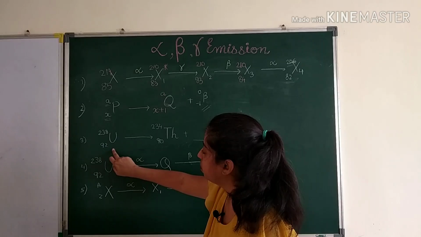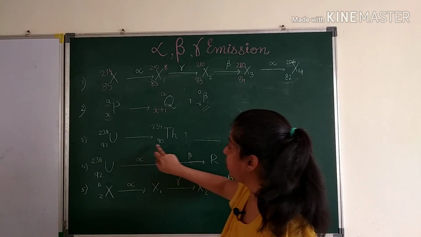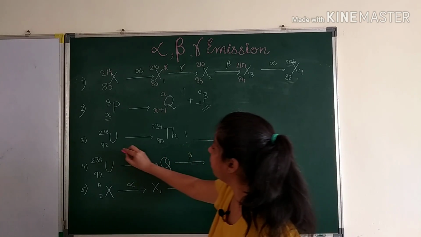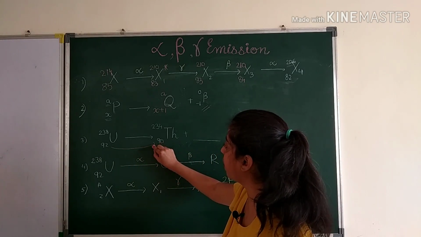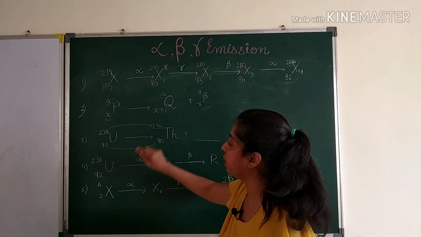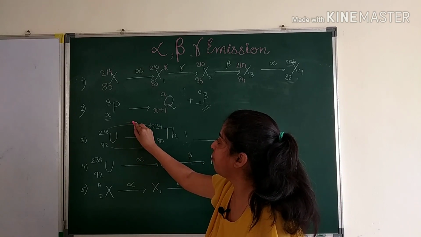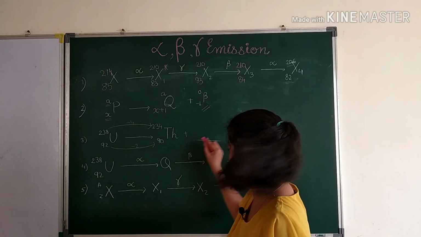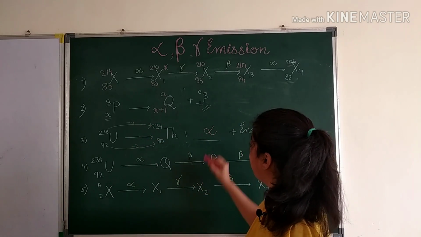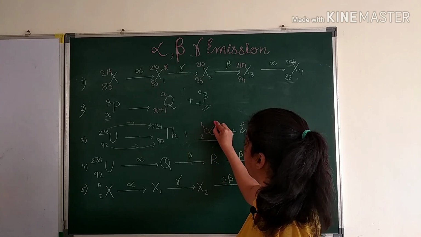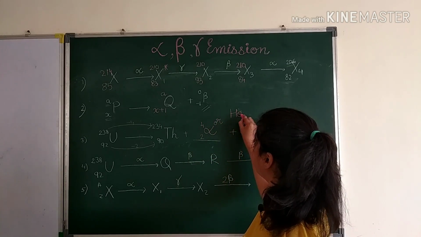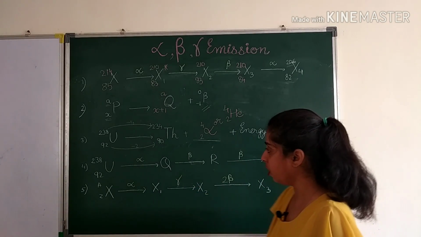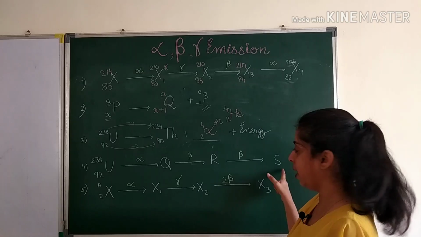Now uranium 238, atomic number 92, is converting into thorium, and here the dash is given. We can make out that 92 is going to 90 and 238 is going to 234. So there is a loss of 4 in mass number and a loss of 2 in atomic number. So what can come? A helium particle, or obviously an alpha particle. You can write alpha particle or helium particle, both the answers are correct. You can write anything that you wish. Okay, now next question. From U to Q to R to S.